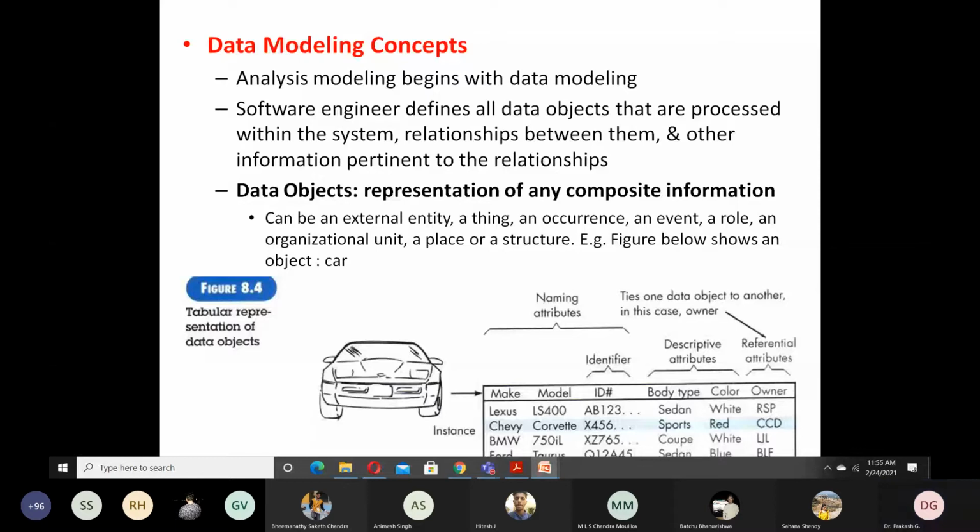Hitesh, you just said previously student attendance is supposed to be an external entity. Recall it. Shall we have the student attendance be an occurrence? Again, it is a data object, but it shall be considered as an occurrence, right? Yes, sir.